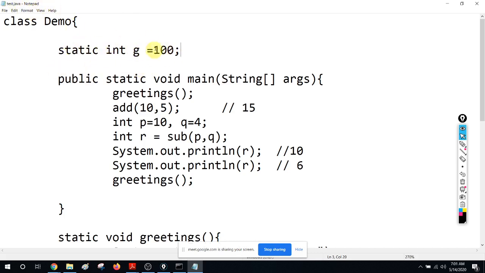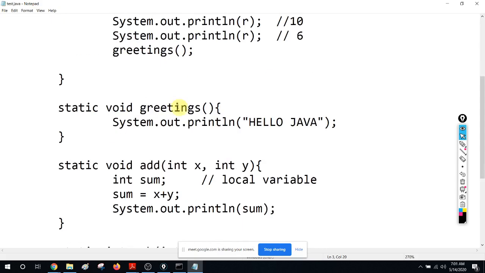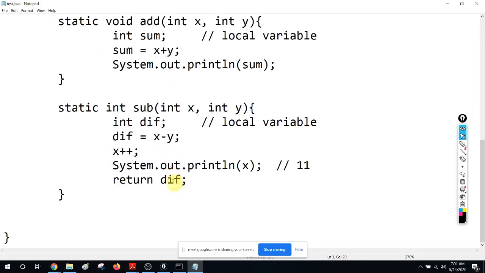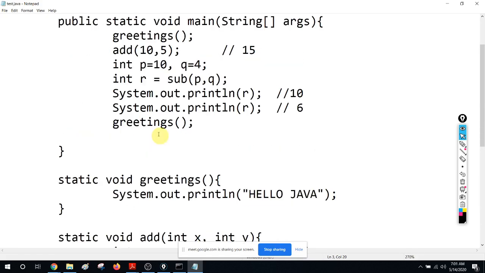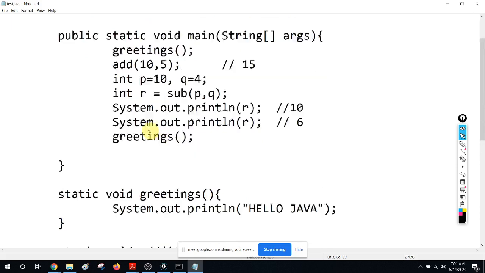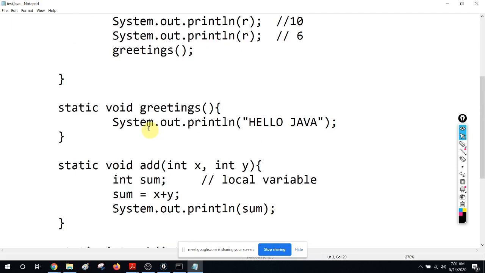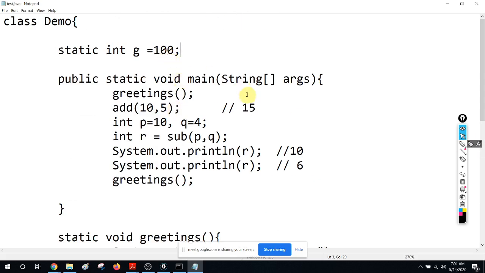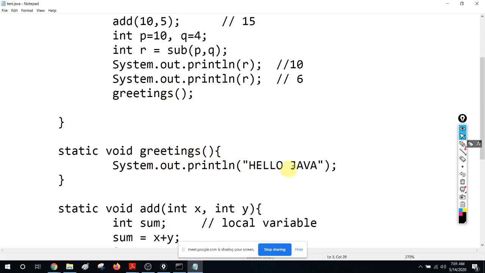Now this is a global variable. This global variable is available to each and every method, even this main method, greetings method, add method, sub method. Any method can use it. So that is why we call it a global variable, right? Let's see whether we can use it. Let's use it in the greeting method.